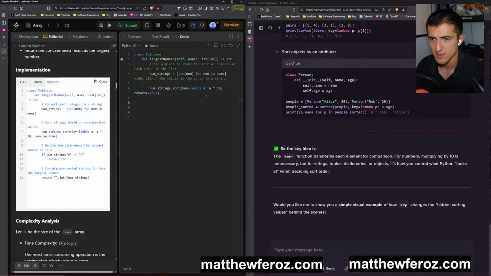Handle the case where the largest number is 0. If num strings, the first value of this equals 0, return 0 or none, whatever. Return join of num strings.